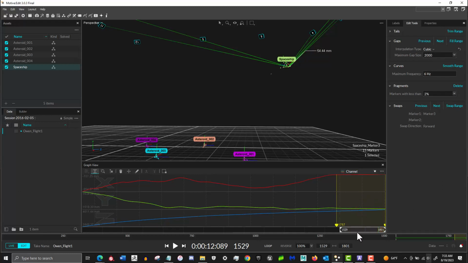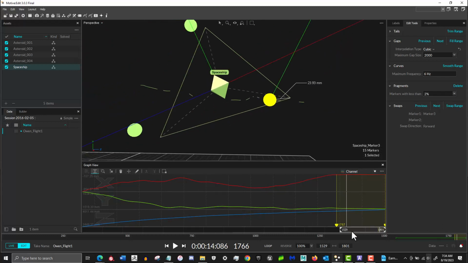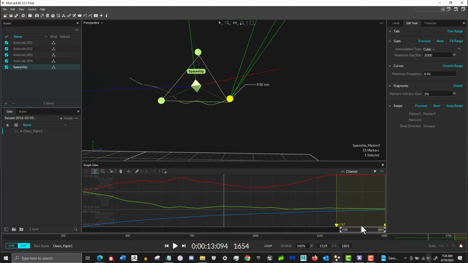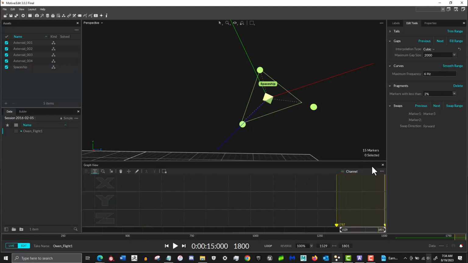Now you can see that our data is looking pretty straight, but if we zoom in on our data, you can see that the association for this marker breaks off at the very end. It doesn't follow the same motion as the two other markers, and it tapers off. So this right here can cause a little bit of confusion to your smooth object. So we're going to undo the cubic fill,